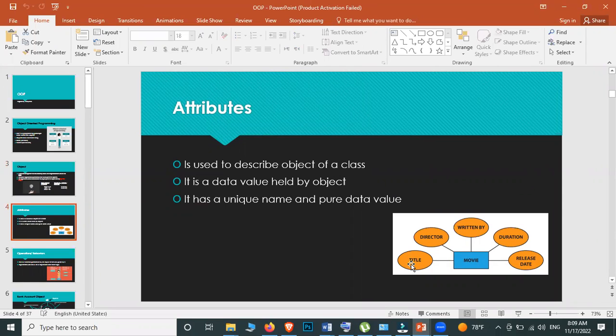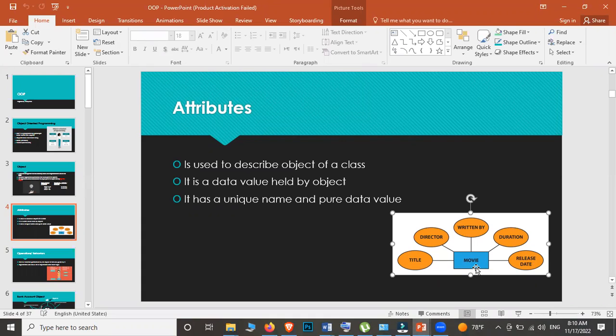So for example, assume that there is a movie, so that is an object. These are the things we say about this object, right? It has a title. Because there could be many more objects, isn't it? In the movie category there could be plenty more movies, but exactly which movie are we telling about? It will have a title, director, written by whom, and then duration, release date. All these things belong to the movie, isn't it?